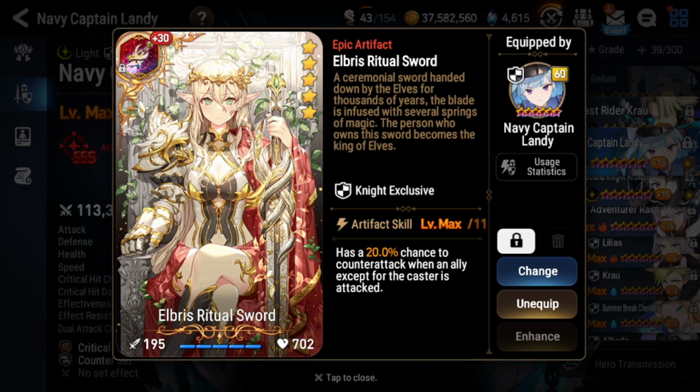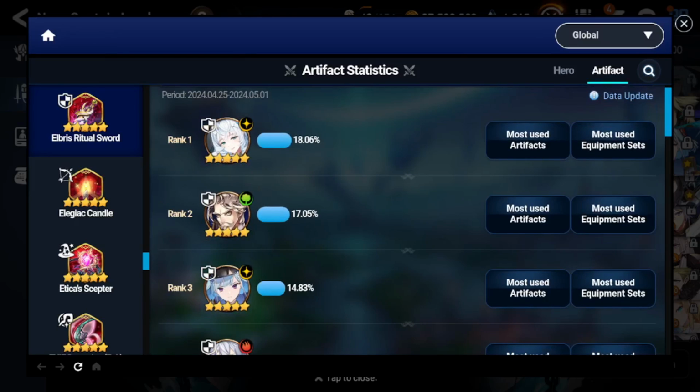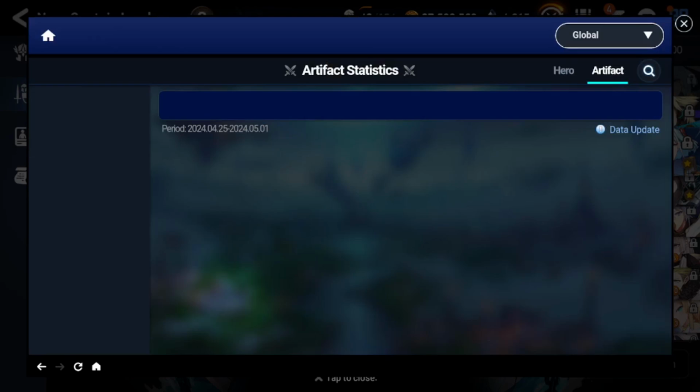You can see the usage on this is probably going to be the highest for Navy Captain Landy, if this will end up loading, because Smilegate's game is, yeah, she is the top 3. One of the top 3 users of Elbrus, and one of her most used artifacts here. If this loads quickly, almost 90% use Elbrus Ritual Sword, which is pretty insane. And you definitely want to make sure that you have her on this artifact if you can,